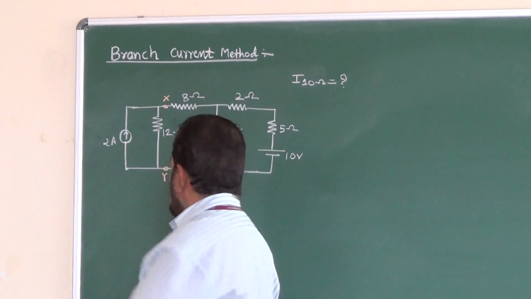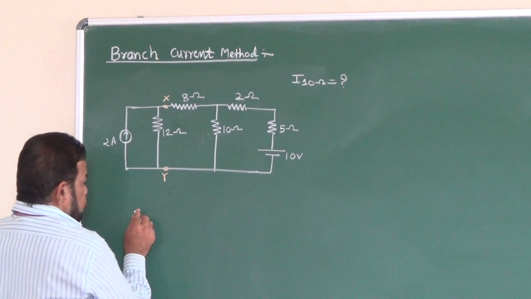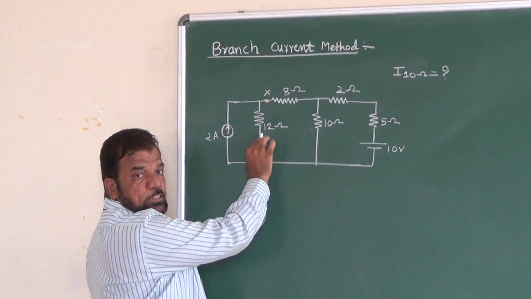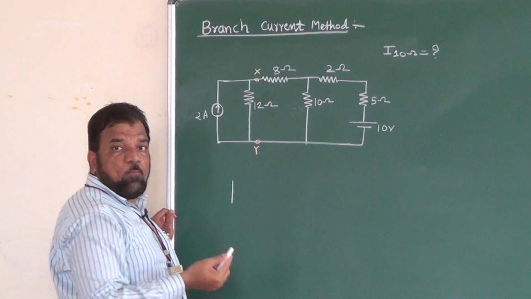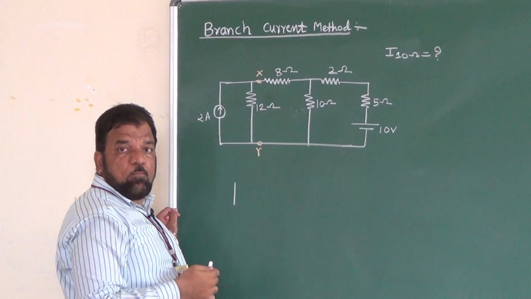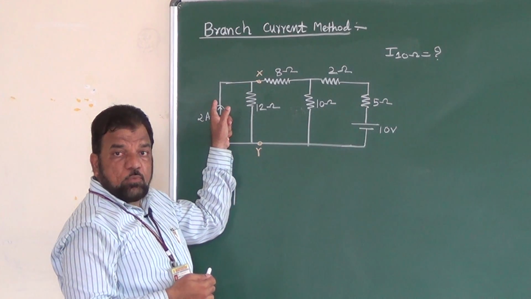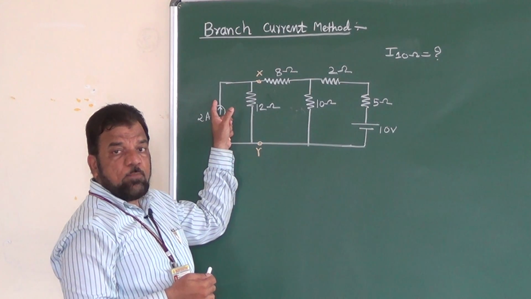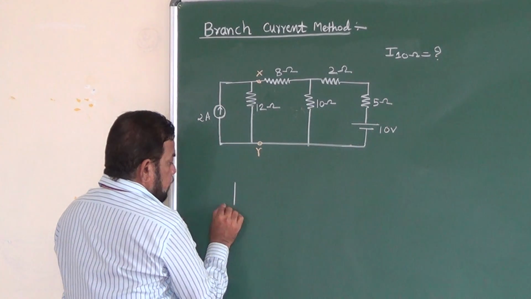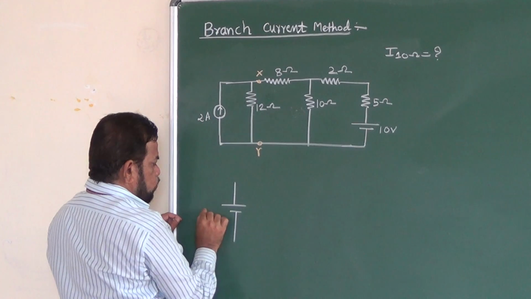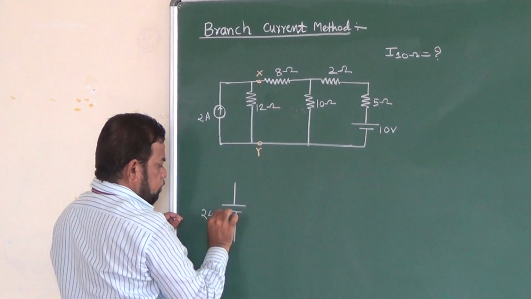The procedure is, the magnitude of the voltage source is the current source multiplied by the resistance. And for the polarity of the battery, if the current is flowing upward, then the upper terminal of the battery is positive. So the battery potential is 2 into 12, that is 24 volt,